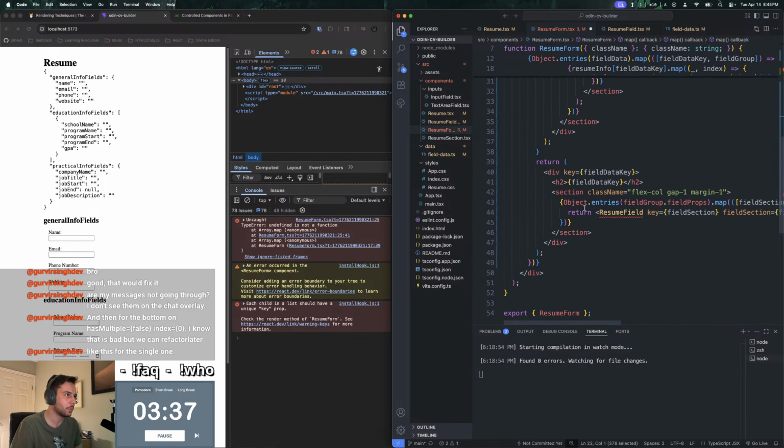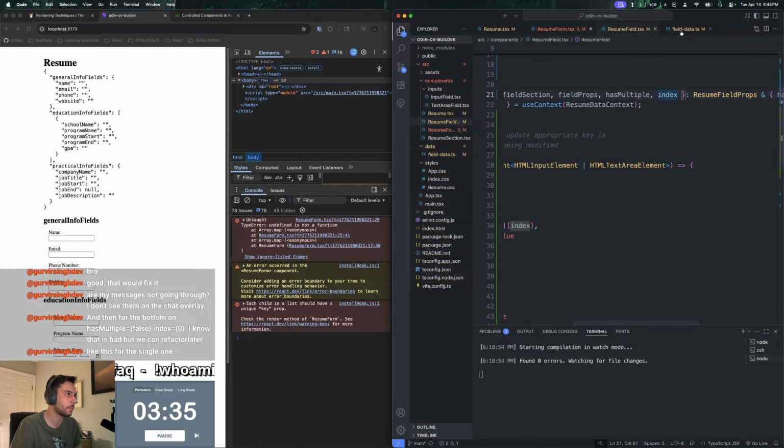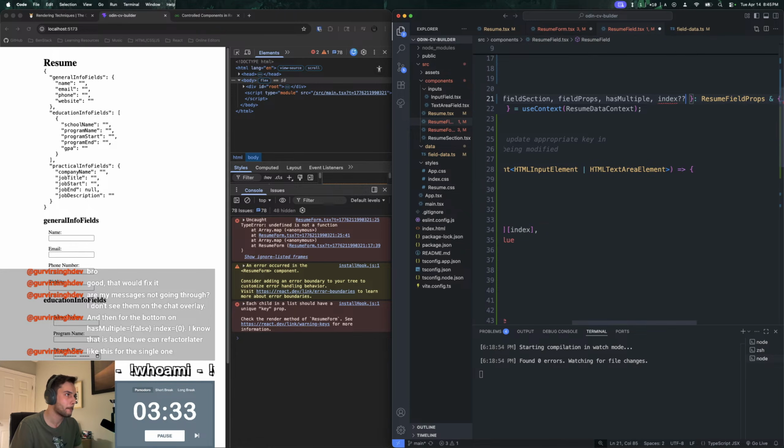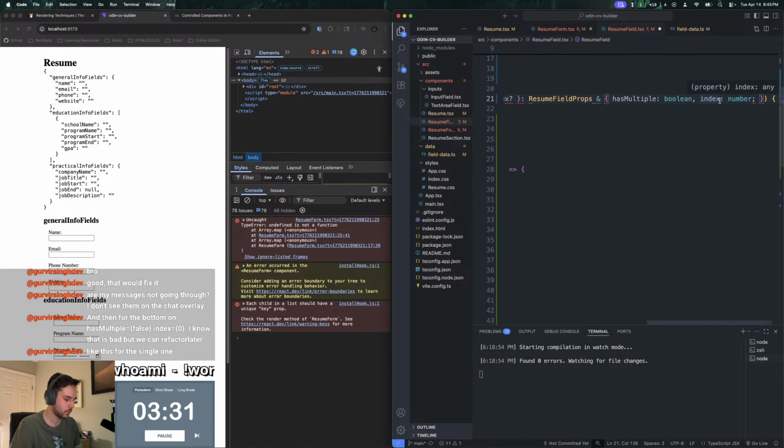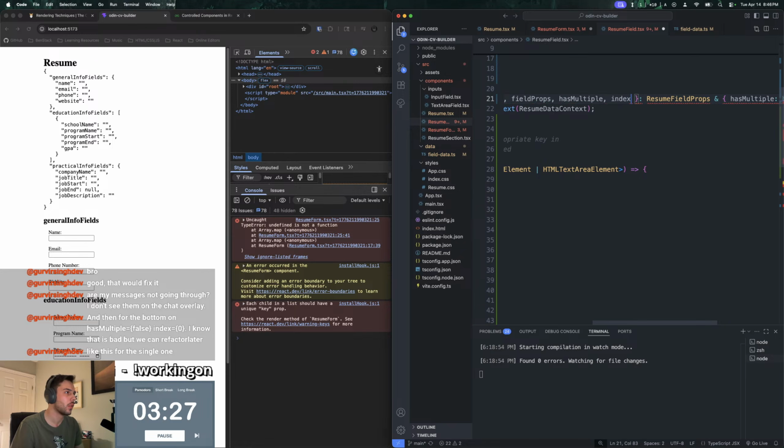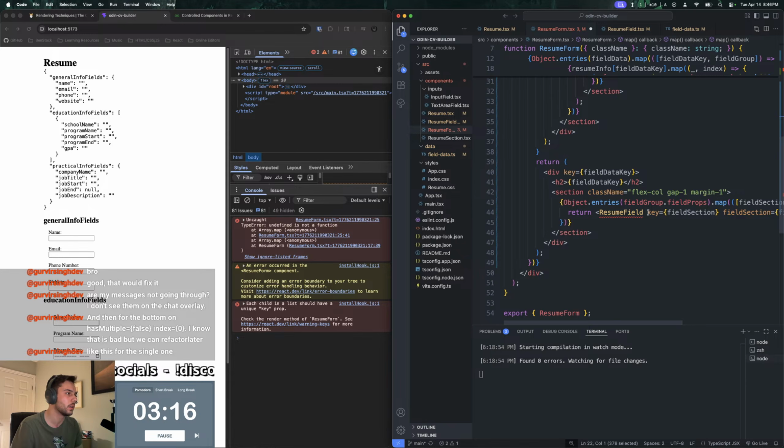I should make the index optional as well. Can I not do that? Maybe not. Oh, maybe I can in the types here. Okay, so then